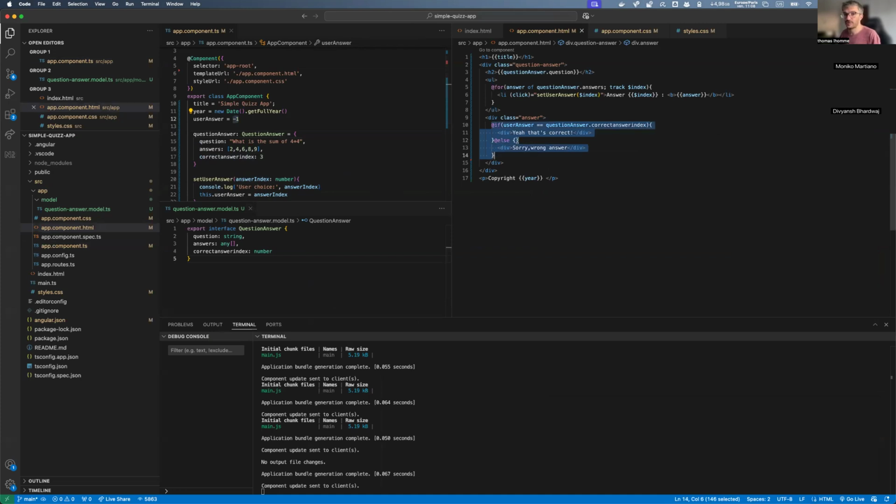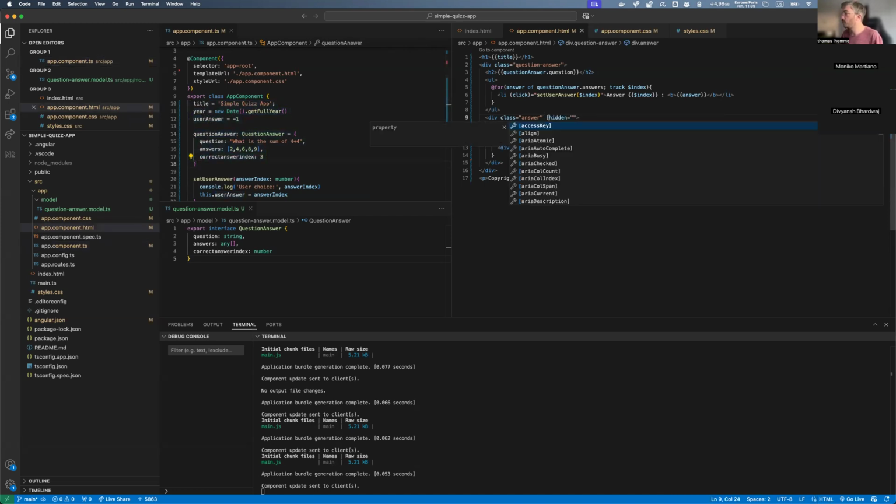But I just want to show you something else we can use. All the divs have multiple attributes. There is one attribute called hidden. If I put true or false, it will show or not, right? The thing is that I don't want to put only a string here. I want to put an expression that comes from here, right? So if you want to use a variable that comes from the template, you need to use square brackets here.